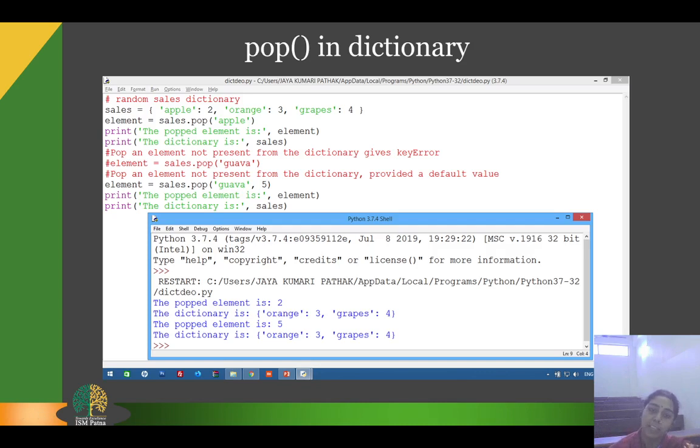So there is a basic difference between popitem and pop. The question has also been asked in many examinations: what is the difference between popitem and pop?